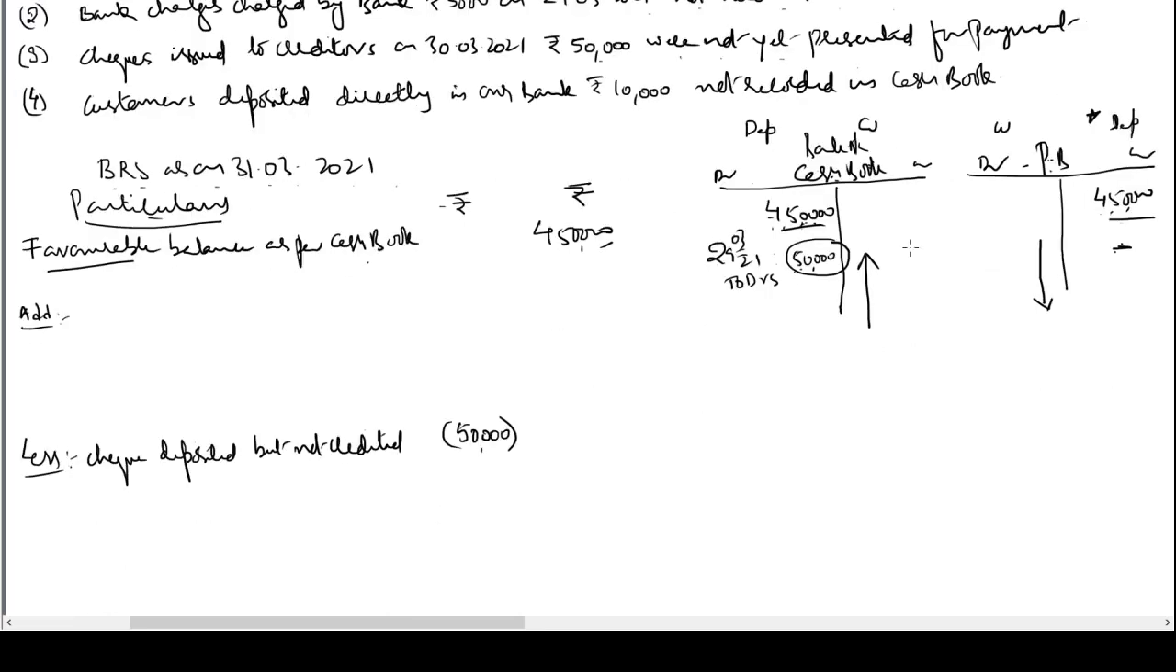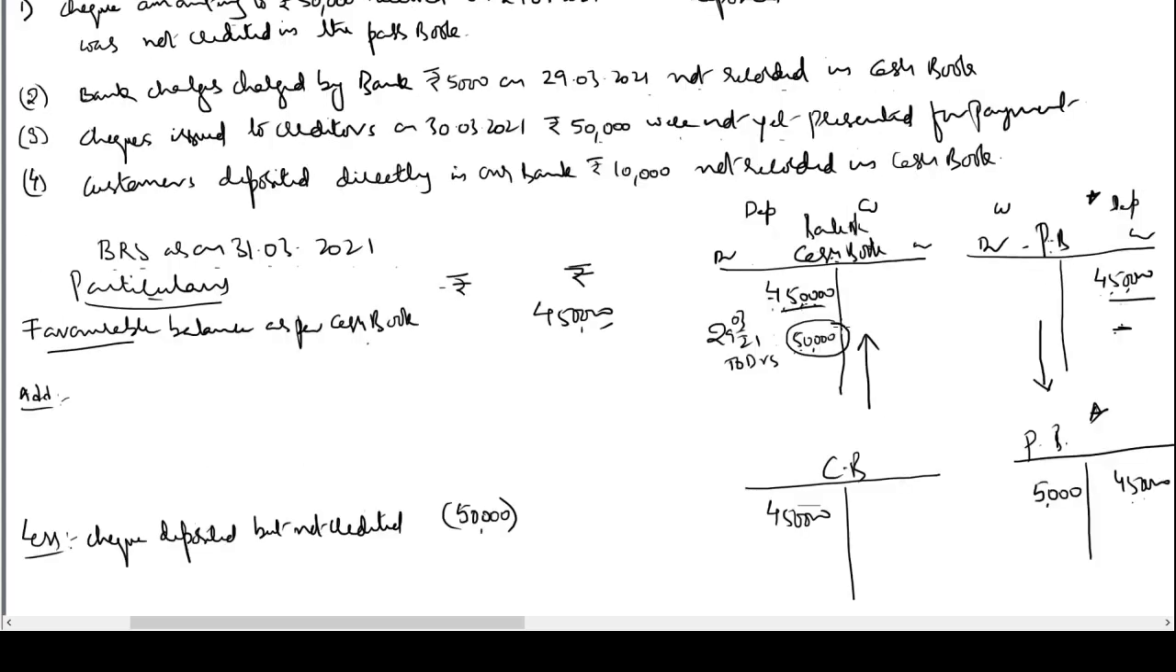So what should I do? I should prepare a working note again. This is my cash book. This is my passbook. Take 450 on the debit side, 450 on the credit side. Put a star mark to the passbook. Now bank charges are withdrawals for us, so it will be debited in the passbook. There will be bank charges charged by the bank, 5,000 rupees on 29th March 21, not recorded in the cash